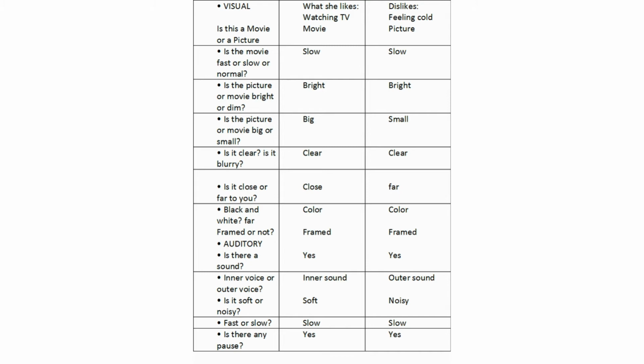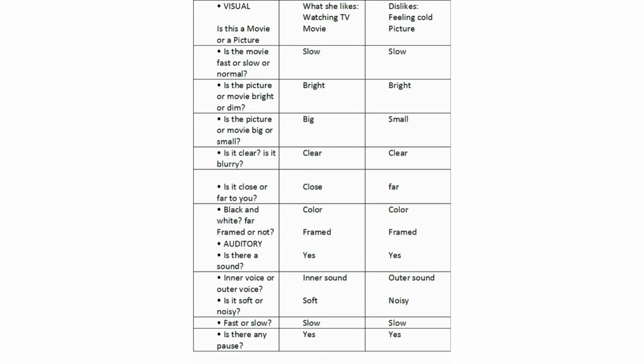Then we made the same list of submodalities for feeling cold, which you will remember she hates. And after 2 lists came out, I asked her to remember the moment of watching TV again and started to replace the submodalities with feeling cold modalities. Of course, the imagination of the coachee is also a very much important factor at this point. So the conversation went on like this.